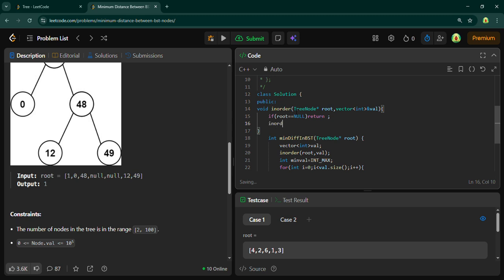And then you just have to call the function again with root's left, comma, val, and val.push_back(root's val). Okay, and again you will call the function with root's right, comma, val. Okay, so